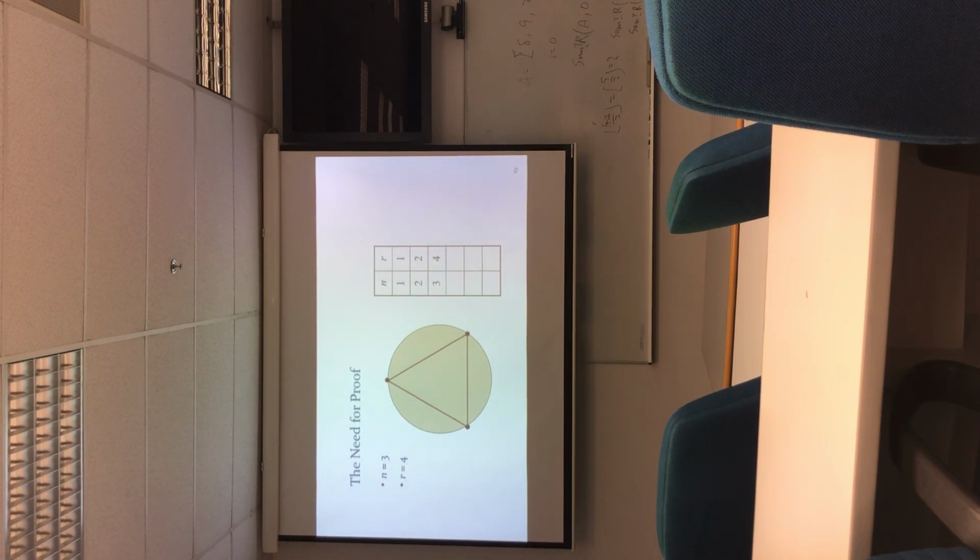Okay? So if you have 4 points, you will divide the circle into 8 regions. 1, 2, 3, 4, 5. So if you have 5 points, you will divide the circle into how many regions? 16. Into 16 regions. So until now, it seems the number of regions we can use a formula to calculate,